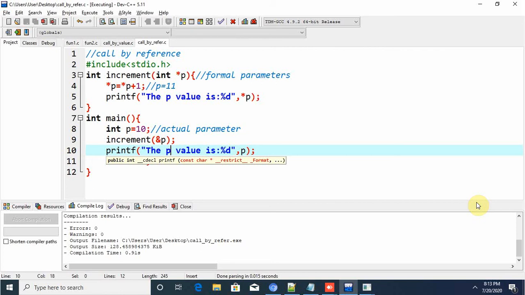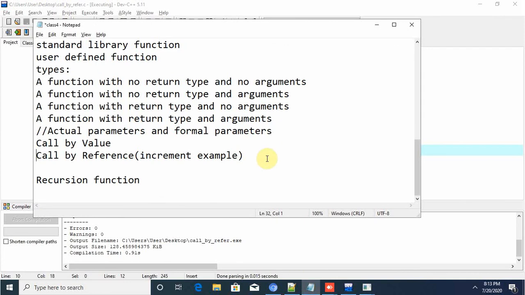The first thing will be an address, and second you will have that value, and on the left hand side of that value you will have the variable name. Like this, this is a variable name, and here you will have that address, and here you will have that value 10. This is the structure of the pointer actually.